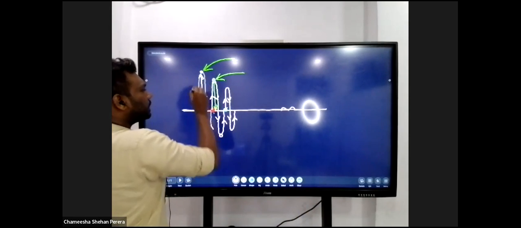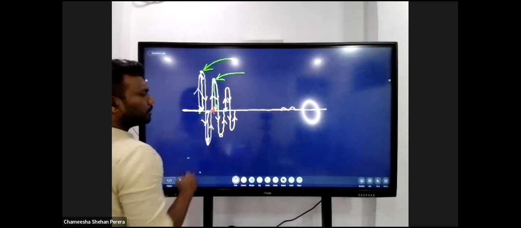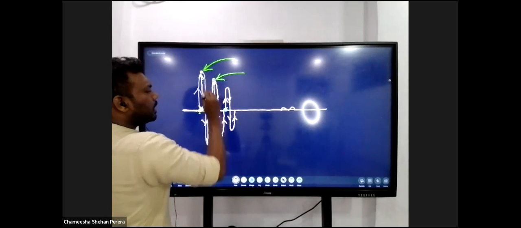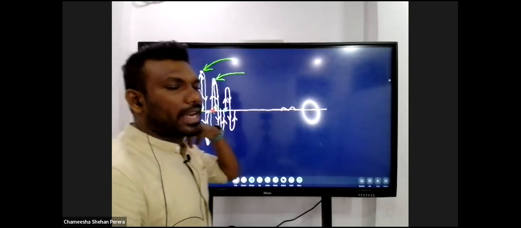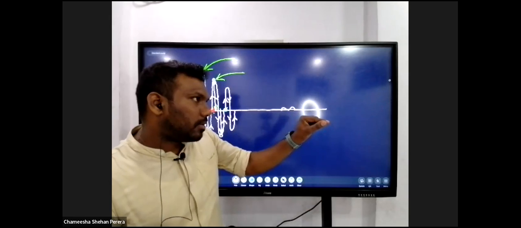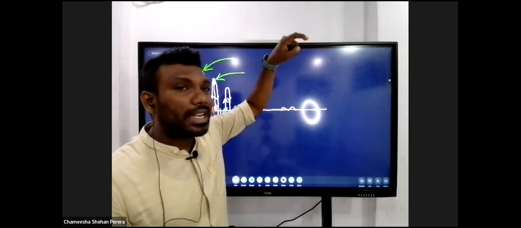True, very true. This is the amplitude of the wave. This is also the amplitude of the wave. True, very true. Okay. In the second oscillation, yeah, this is amplitude, and this can also be taken as the amplitude. So in a transverse wave, now it's very easy to find out the amplitude of the wave from the zero displacement level to the positive maximum displacement position. You call it the crest.